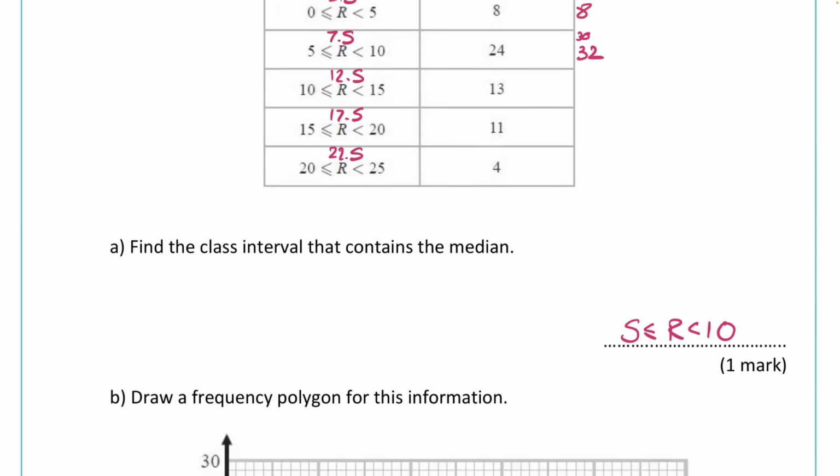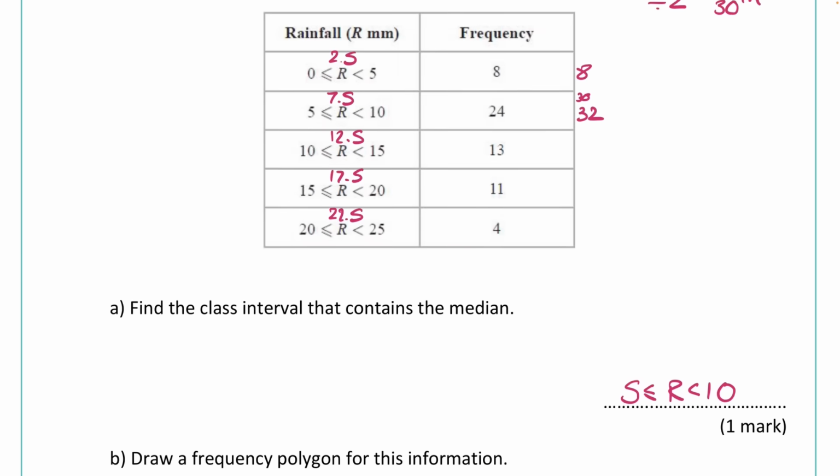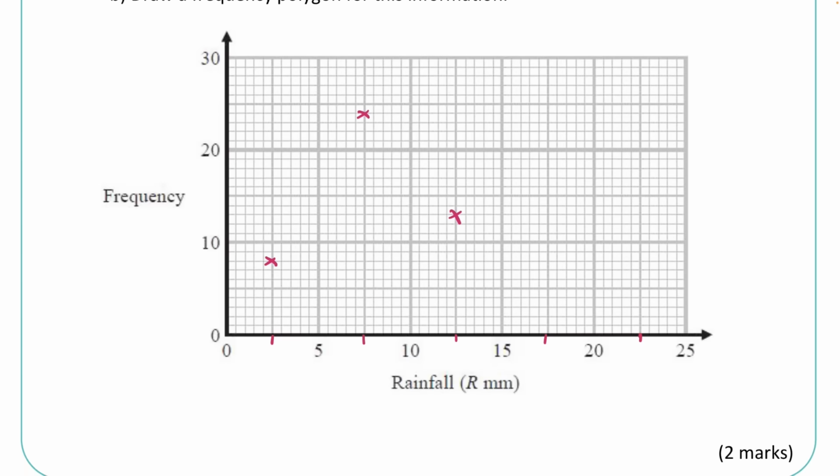So 8, 24, and 13, we would have 8, 24, 13. Just make sure that you check the scale to make sure that each square represents 1 or otherwise. Then we have 11 and 4. So 11 and 4. From here, we want to join these points up, dot to dot, from left to right,